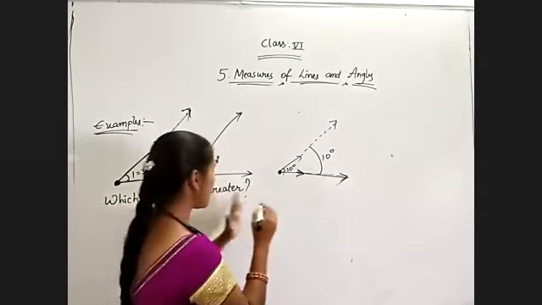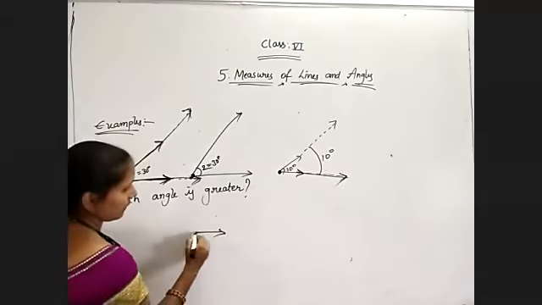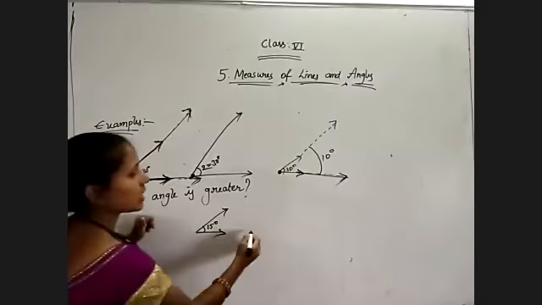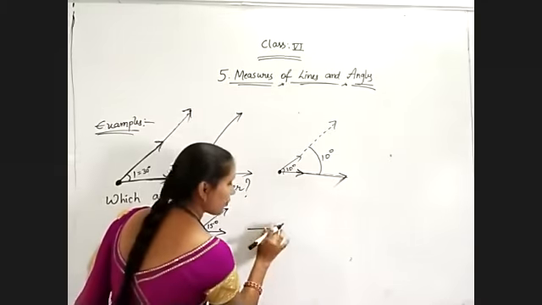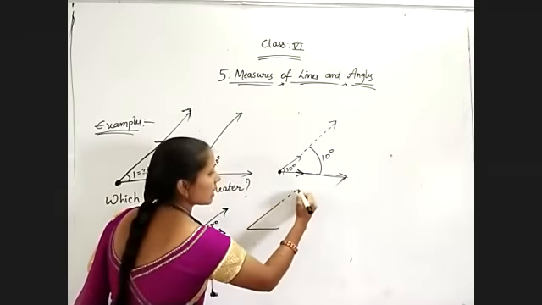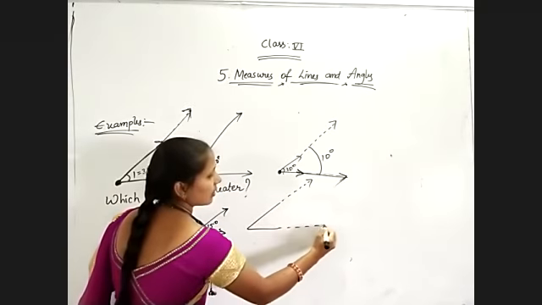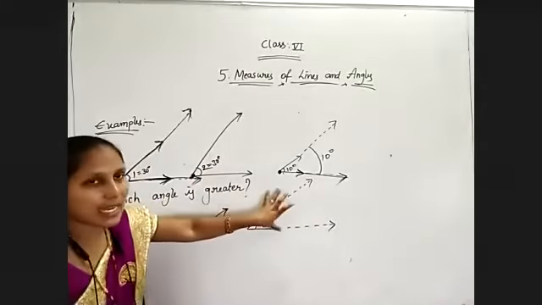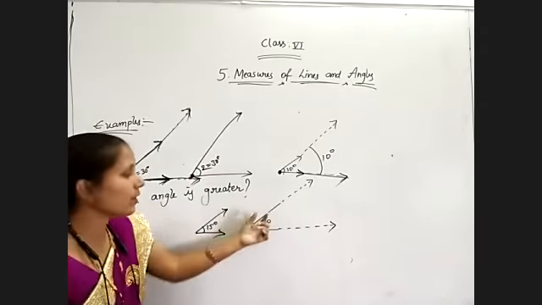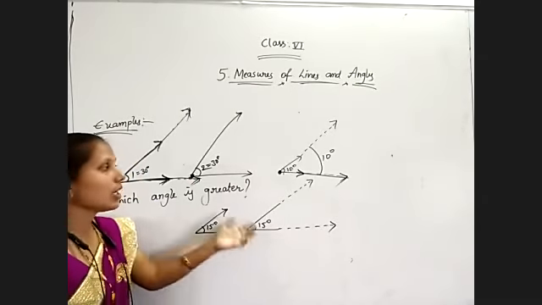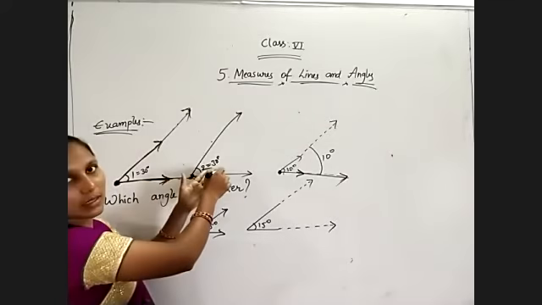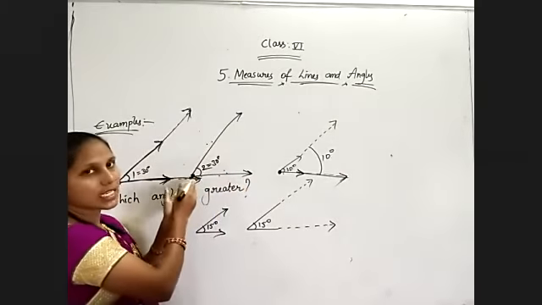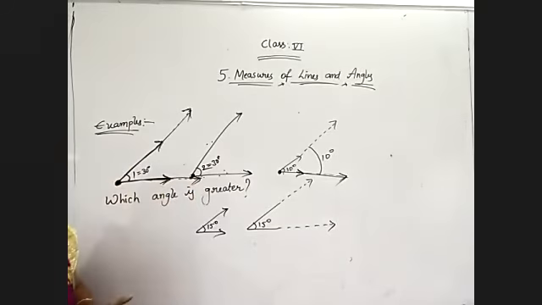Okay, see for suppose 15 degrees I have it. Now next figure also, I have 15 degrees, but these rays are extended. Even though rays are extended, there is no problem with the angle. Okay, if you are extending the rays, that never shows any change on the angle.